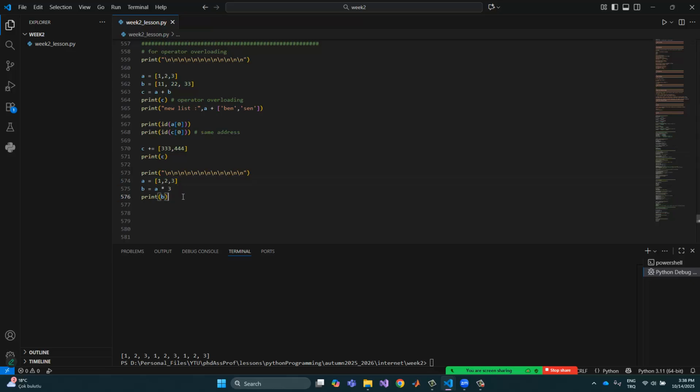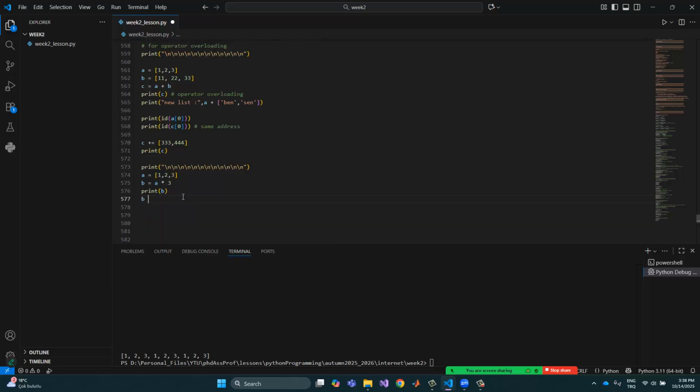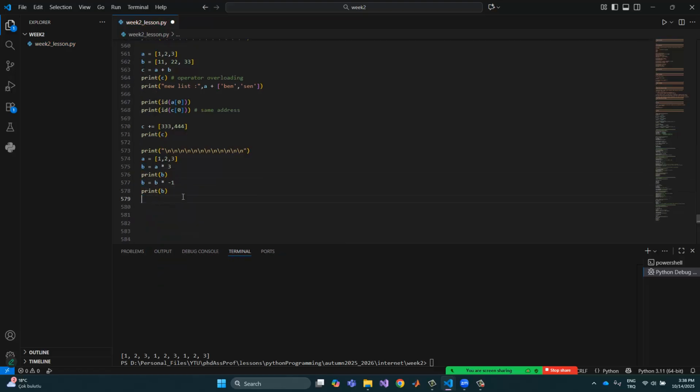Or B is equal to B times minus 1. And so we deleted everything, because B times minus 1 returns an empty list, because we remove everything in here, not the other one. Okay,